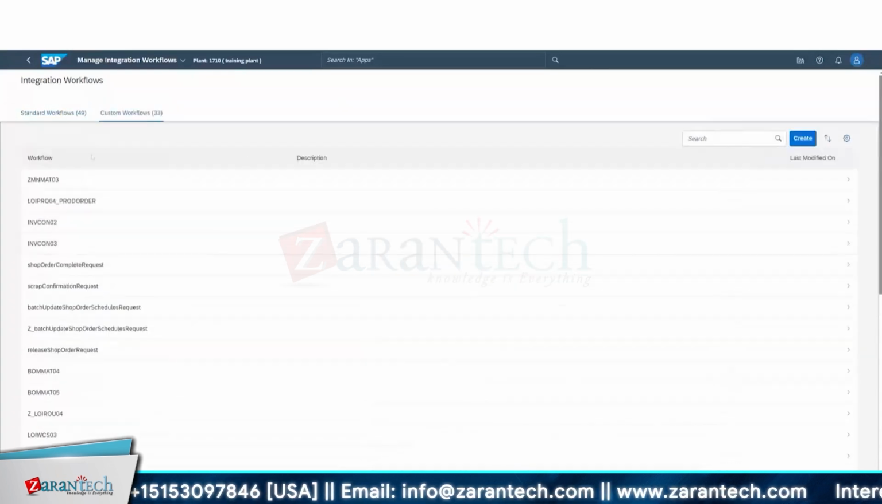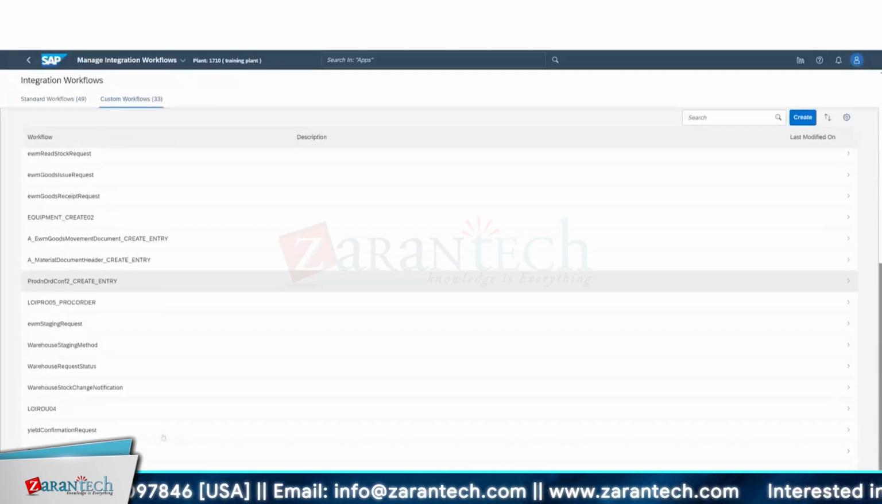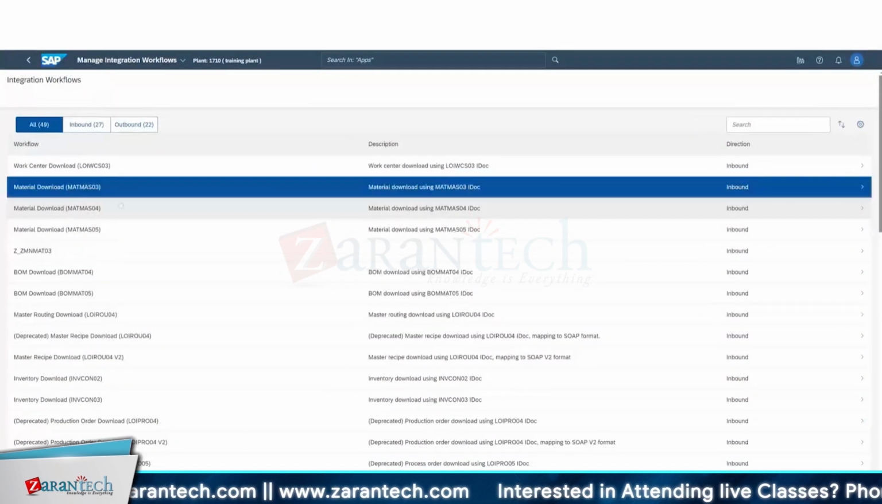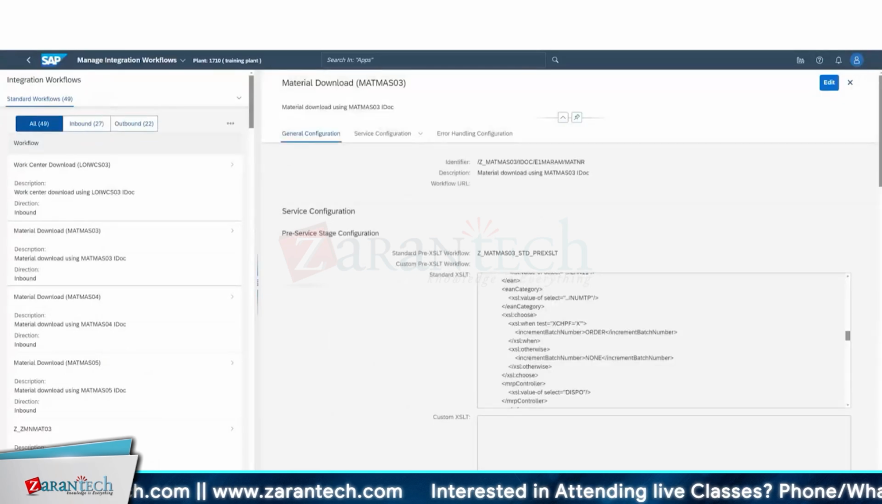As of now, I have never created a custom iFlow in DMC, but it's similar to what we have in ME. Coming to the standard workflow, if you want to modify any of it, like suppose this is my